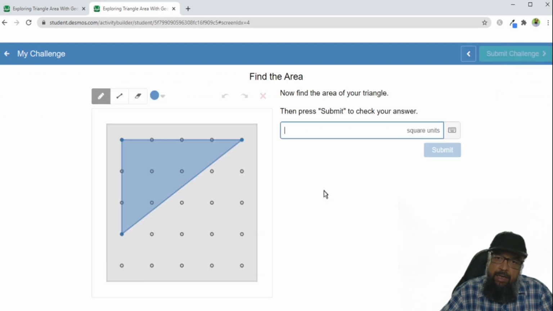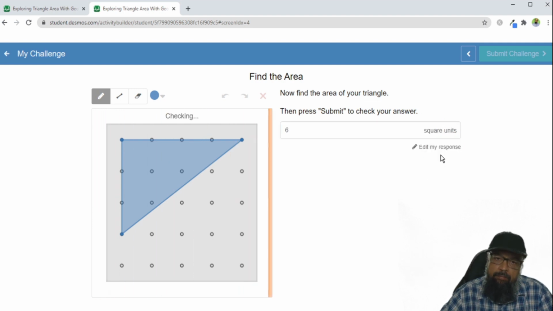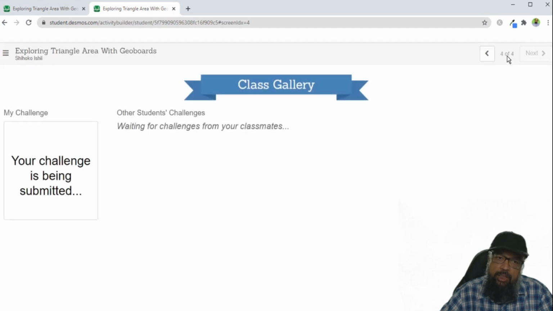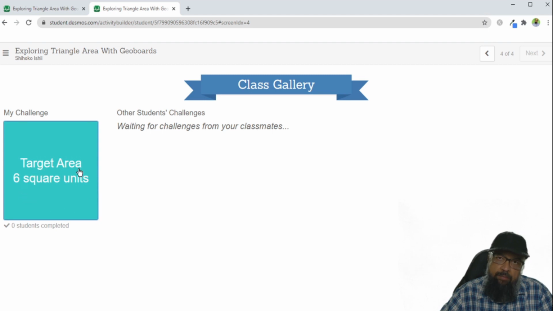It will ask me find the area of your triangle, and I click 6 and I submit. It will scan and it will see that this area is correct. And now I have this button, submit challenge, and if I click on submit challenge, now I will see this. This is my challenge for the class, and in the similar manner every student will create a challenge for rest of the students.